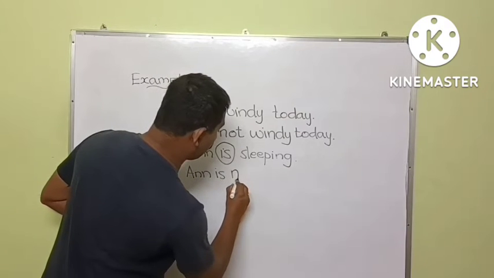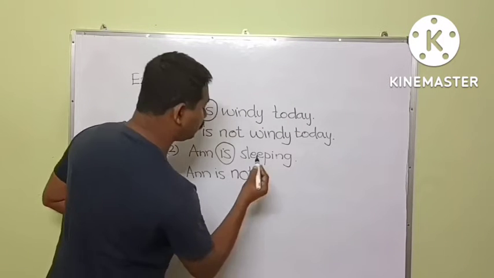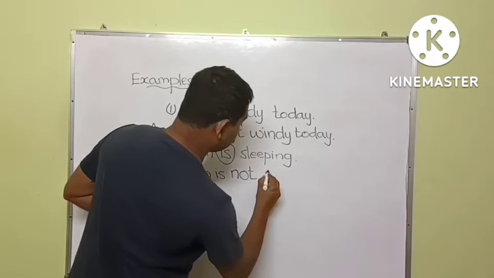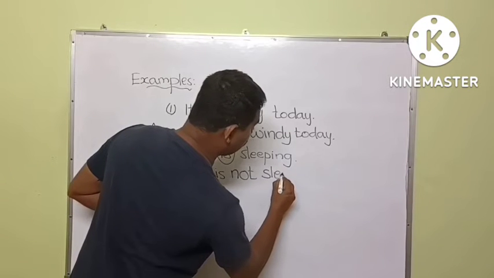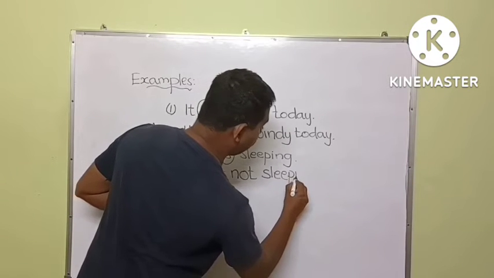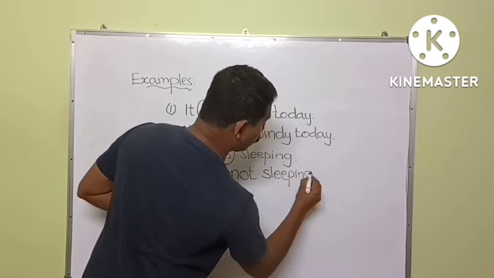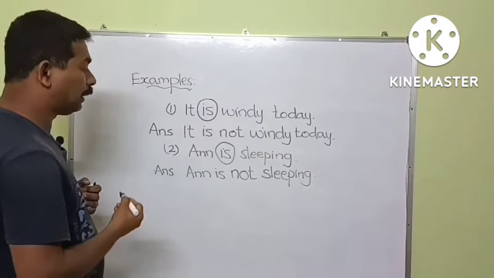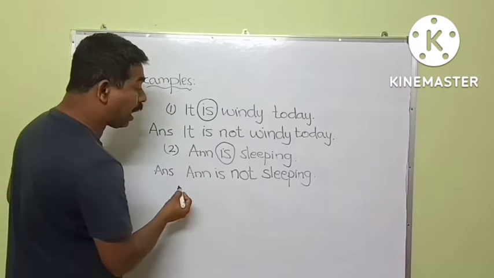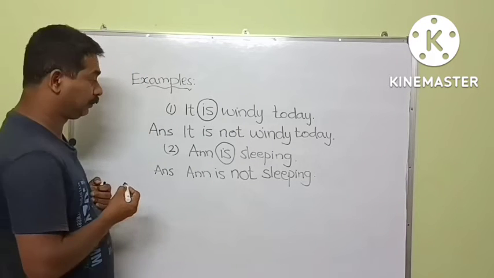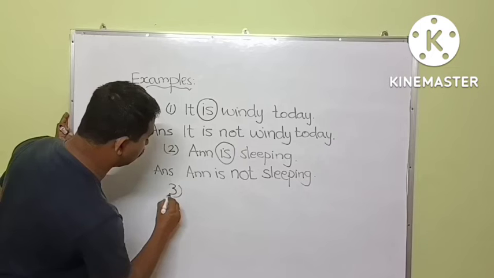Place the word not after the auxiliary verb, then the remaining can be written: sleeping. Full stop. The negative sentence is Anne is not sleeping. Example number 3,